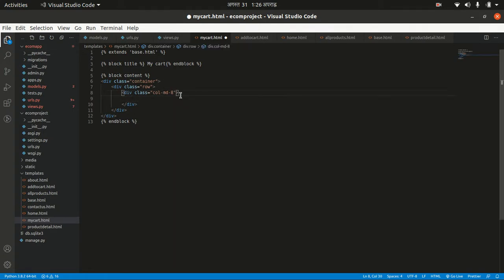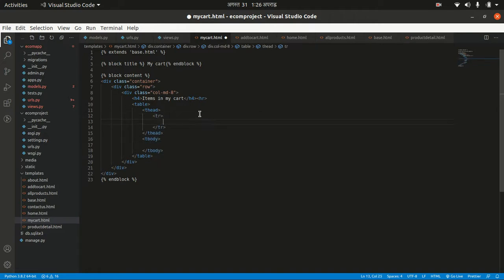And here you want to write items in the cart, no, in my cart. Okay, and after that you want to write an HR tag and then a table tag. Okay, in the table we have a thead section and the tbody section. Okay, in the thead section let's make a row, TR, and then TH: SN, serial number, product,